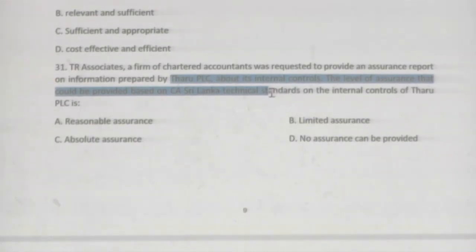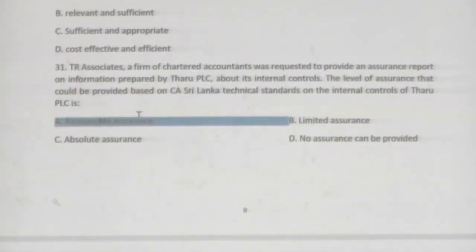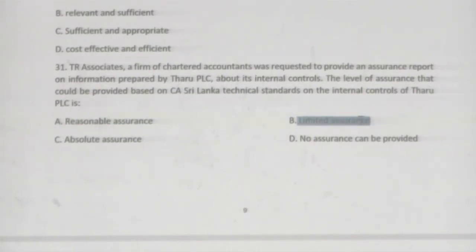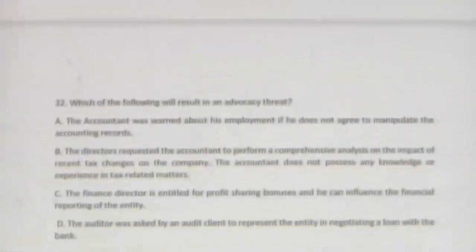Now, I told you if it is an audit engagement, usually assurance is reasonable, a high level of assurance, but this is a very specific question, right. If you want to give assurance on internal control, you can provide reasonable, but remember in Sri Lanka right now we provide only limited assurance. Limited means you are not doing detailed work like an audit. You are doing an overall review of internal controls and giving a limited assurance. So remember, limited means moderate, not high. That is the answer for 31.